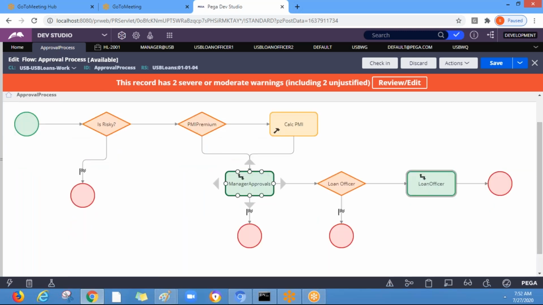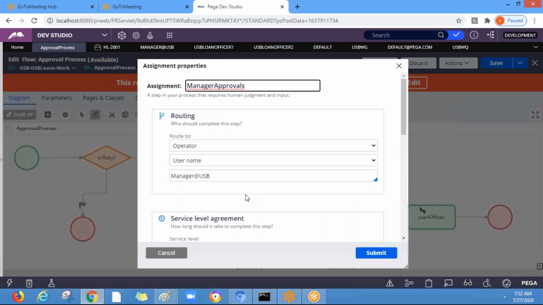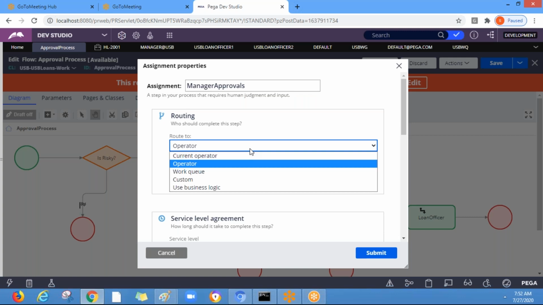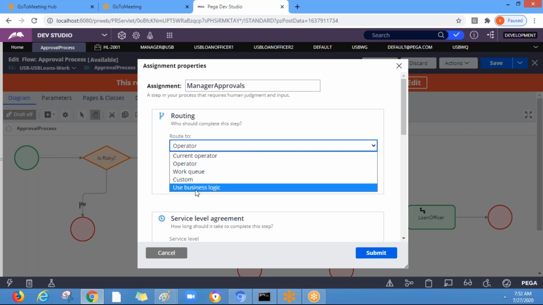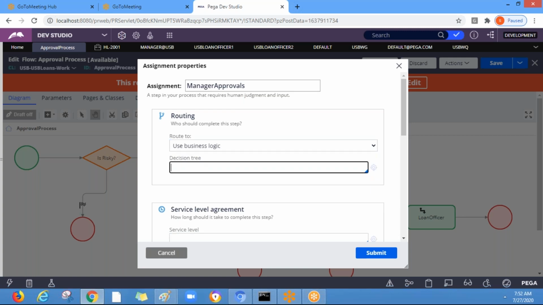And so we can also determine the operators using the decision tree and some other things, right? Let's say, if you see use business logic, so if you put the decision tree, yeah, so already decision tree, right?